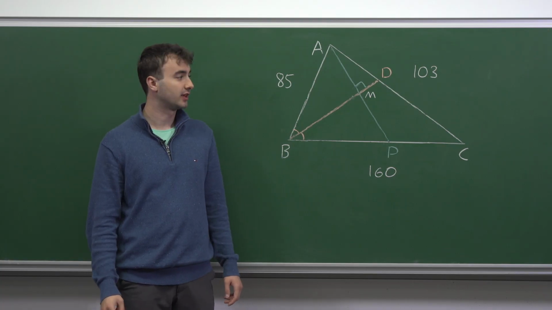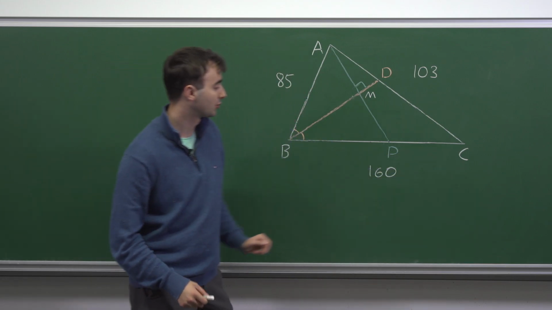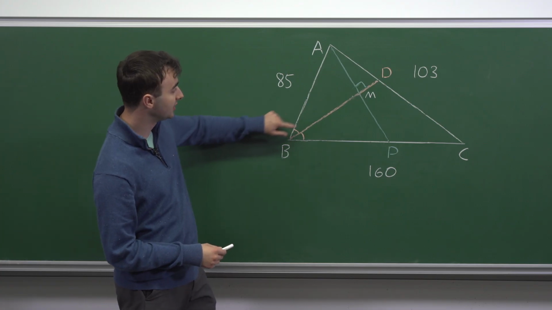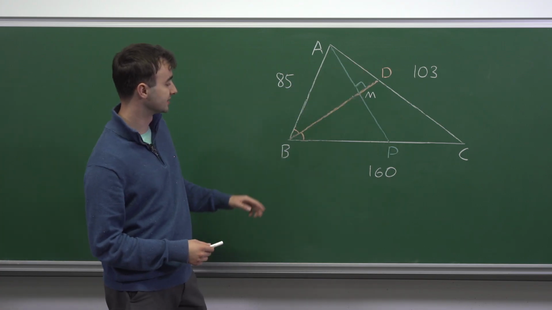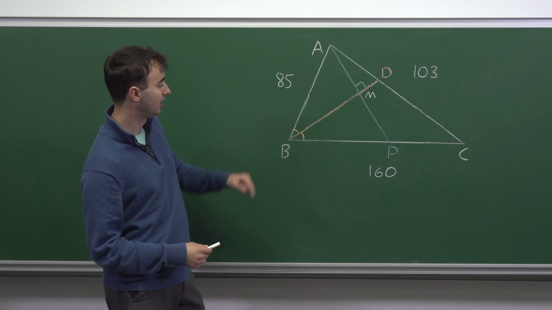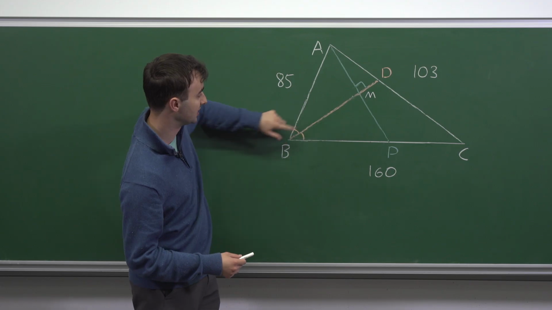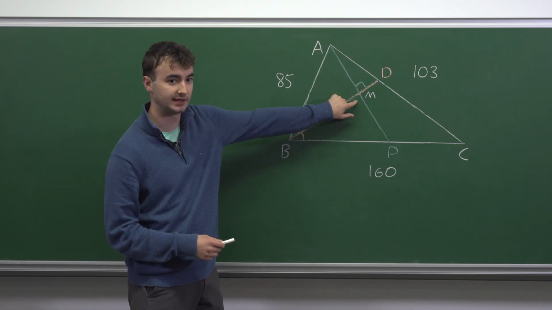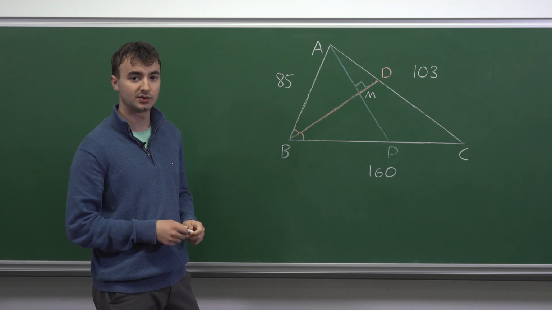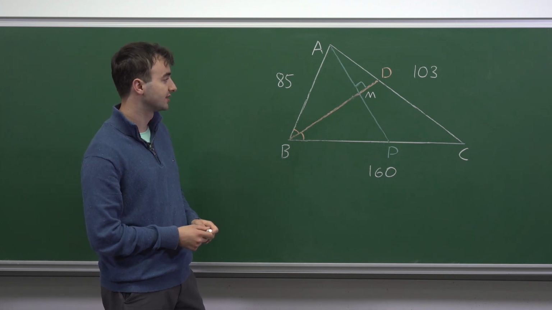In this question, we're given a triangle ABC, and we're also given the side lengths of this triangle. We have the line BD, which is an angle bisector at the angle B, so these two orange angles are equal. And we also have line AP, which is perpendicular to BD, and the point of intersection is M. So we're asked various things about whether points are midpoints of certain lines, and I'm going to start by looking